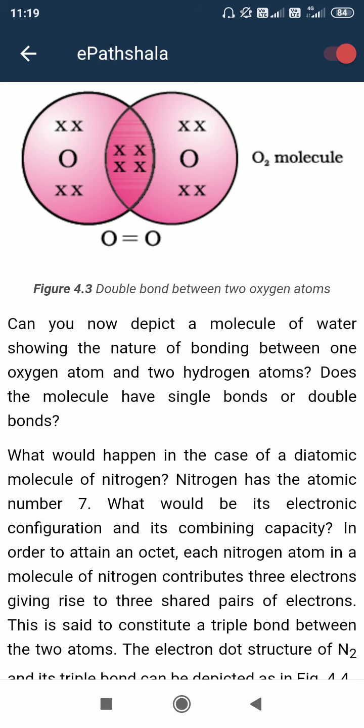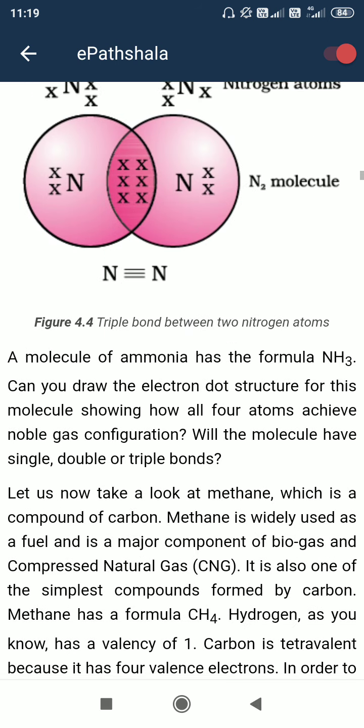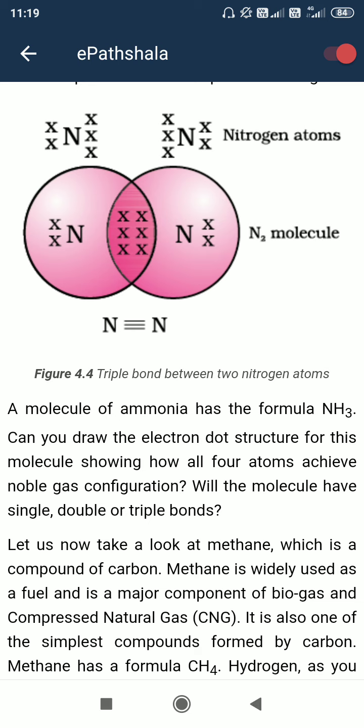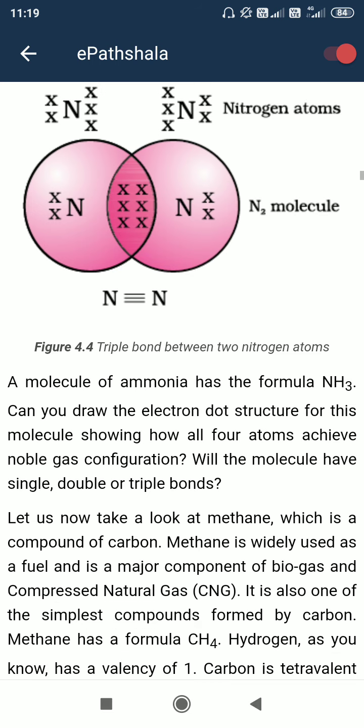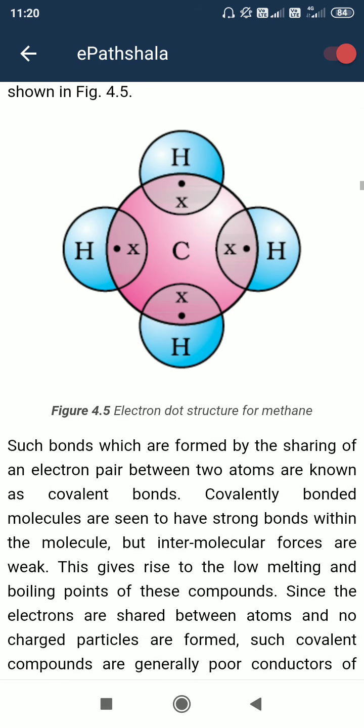O2 molecule. Okay, so thus it is formed. See here, nitrogen: for nitrogen the atomic number is 7, so the electronic configuration is 2, 5. So there are 5 electrons in the outer shell, and we need 3 more electrons to make it 8. That's why a triple bond is formed between 2 nitrogen atoms. See here, carbon: for carbon 4 electrons are needed, that's why 4 electrons are